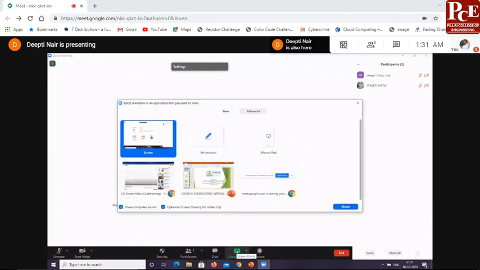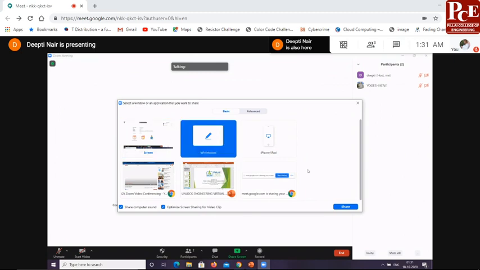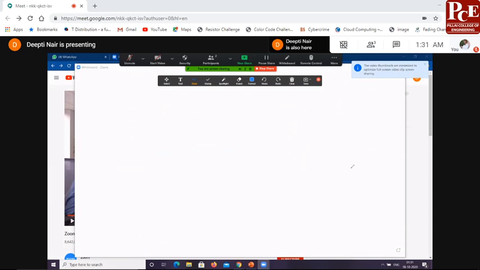Another important thing in this is you have an inbuilt whiteboard. So you can select this, share it. Again, whatever tools we had seen in annotation, the same are available in whiteboard. So if you want to draw something and then teach your students, you can do so. If you want to write something here, say some mathematical expression or anything you want to do, this can be done with the help of whiteboard.